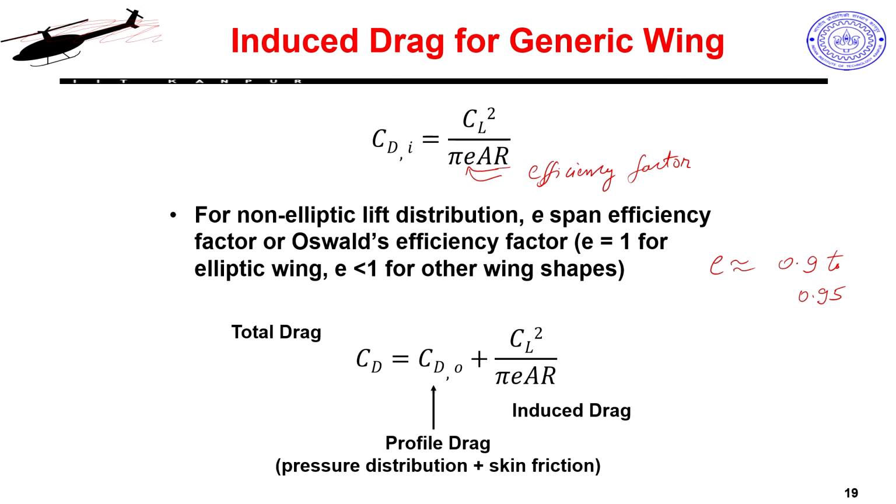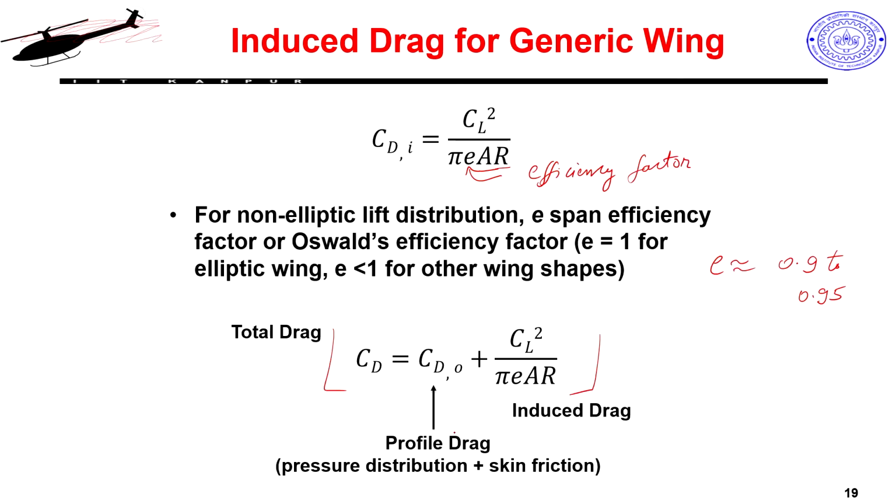So, with this my total drag calculation is complete. And you will not believe, this is actually the most important part. Getting the lift part is always easy, getting the drag accurately is the more difficult part. Even if I use numerical tools like computational fluid dynamics, where I carry out CFD calculations using sophisticated algorithms, if you are not very careful, you will see that matching the drag is difficult, matching lift is very easy, matching drag is far more difficult. So, that is what we have done here.